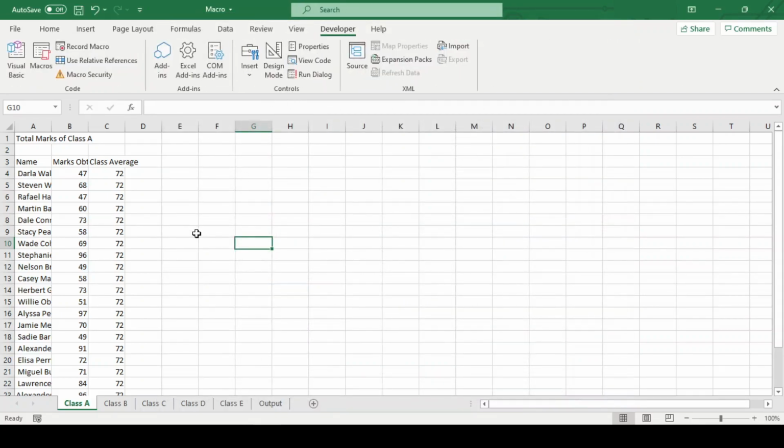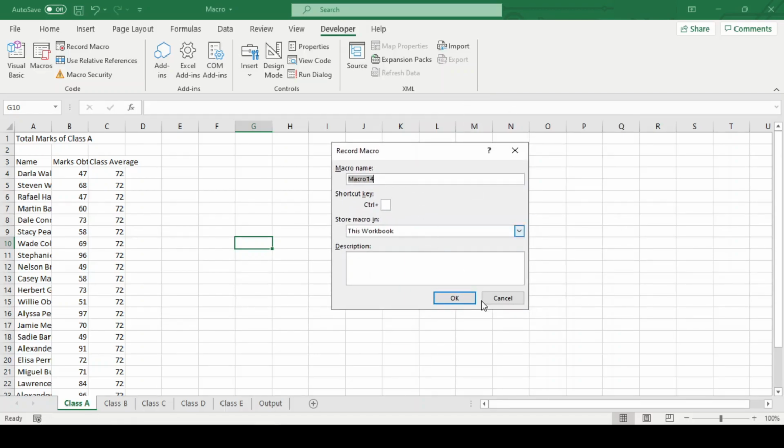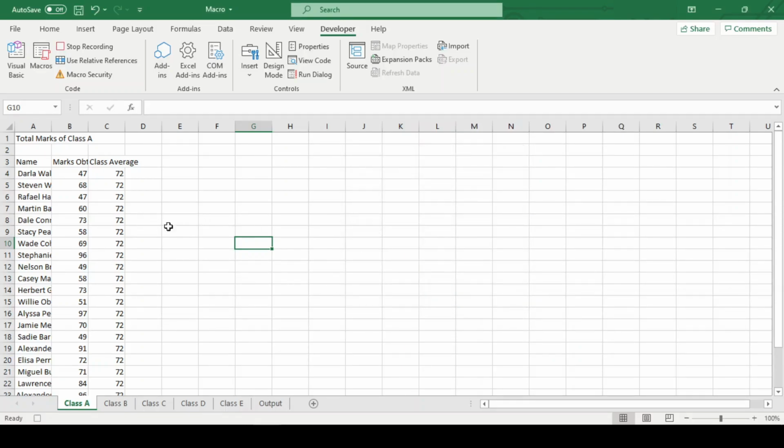Now, since we have our macro button, we'll start recording our macro. But before we start recording, we need to think through all the steps required to achieve the desired result. Now let us click this button and start recording the macro. Click OK. Now, we can see here that recording macro is on. So now, whatever keys we press or wherever we click our mouse, everything will get recorded.